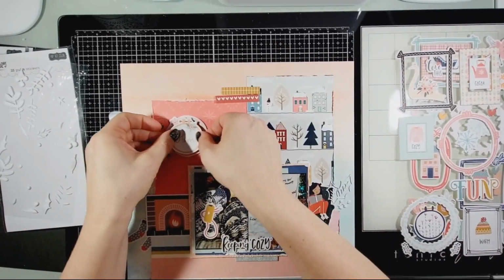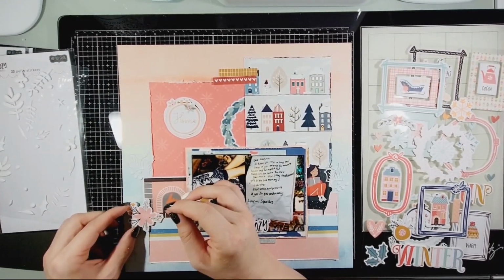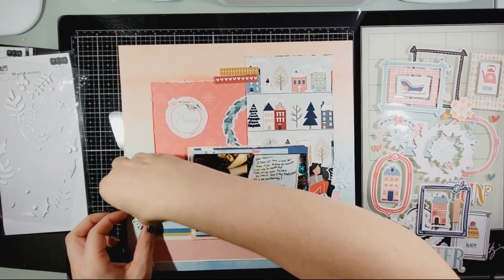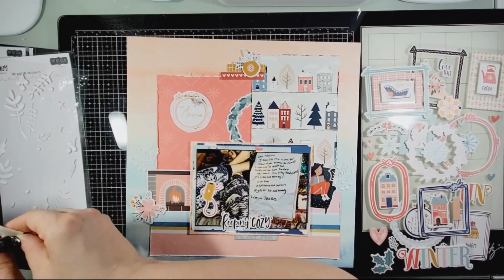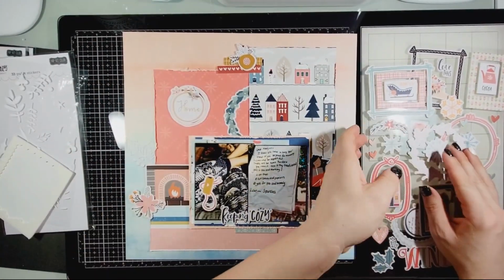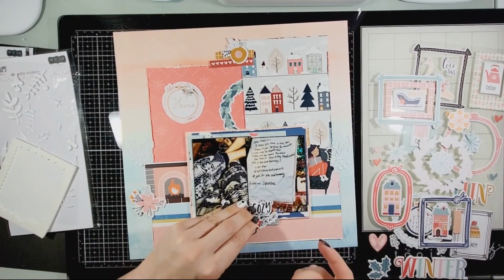Now, I made this look like it's hanging on the wall. So I wanted to add a little bit of festive, and it's called home, and then I start to just layer pieces along. Again, like I said in the last video, to make things look like there's snow, I take the white pieces and I make them very prominent in my layouts. I always try to make sure that things look like it should be winter, with a bunch of snow,